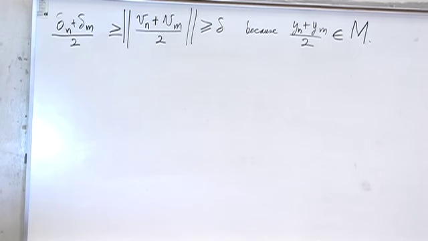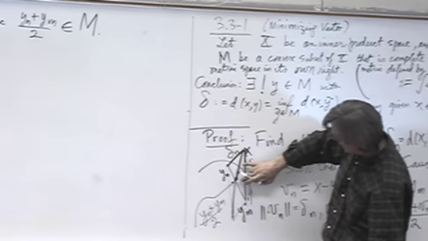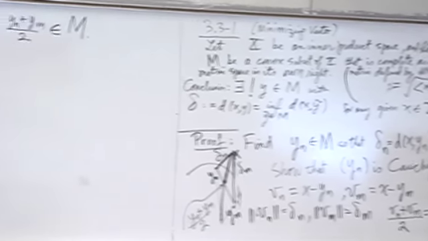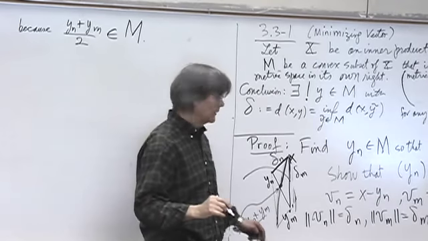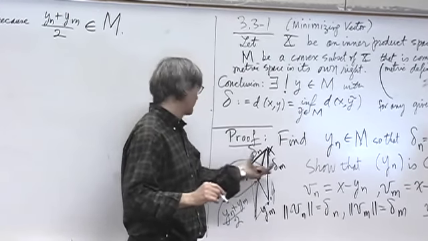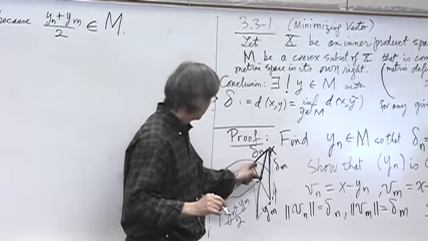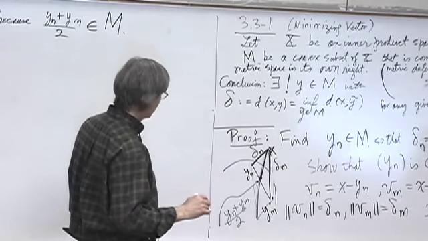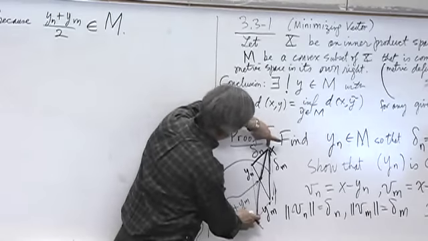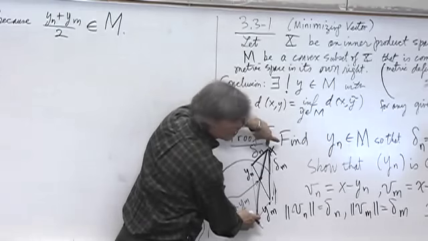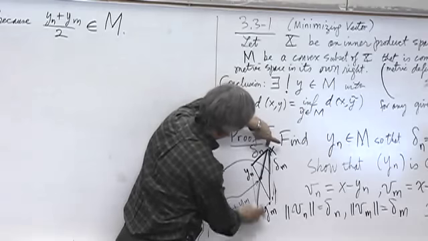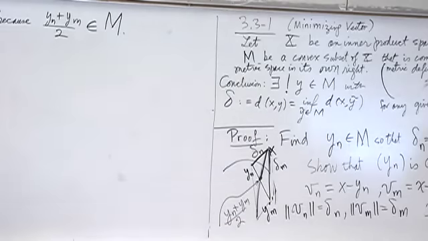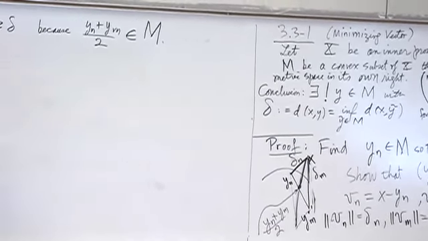Because the parallelogram identity tells me that the sum of the squares of the two diagonals is equal to twice the sum of the squares of these two sides, or the sum of the squares of all four sides. So 2 times this side squared plus 2 times this side squared. Twice this vector, which is Vn plus Vm over 2, so this is Vn plus Vm. By parallelogram equality,